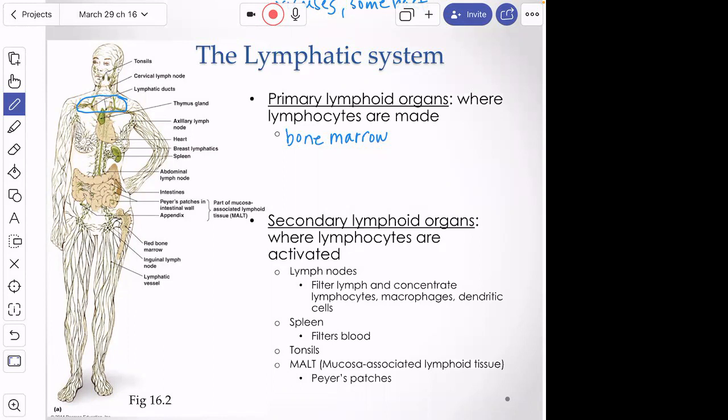Well, I went and looked it up, and actually some lymphocytes can be made in the spleen as well, but most of them are made in the bone marrow. And not just any bone marrow, but red bone marrow. So flat, bigger bones like your femur, I think in your pelvis. Okay, so that's considered one of our